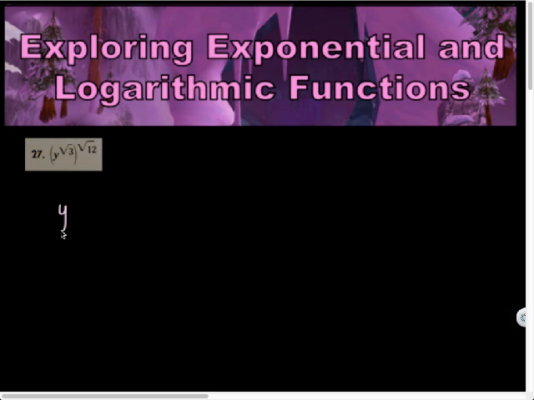What do I do with a power to a power with those exponents? Multiply them. So root 3 times root 12 is going to be the same as y to the square root of 36. And what is the square root of 36? 6. So I believe y to the 6th would be the simplified